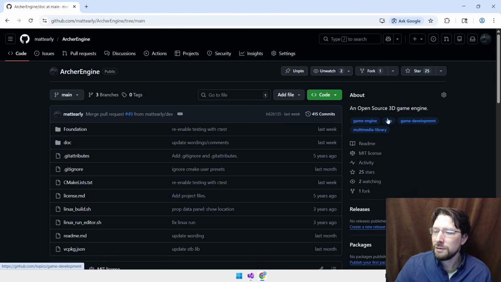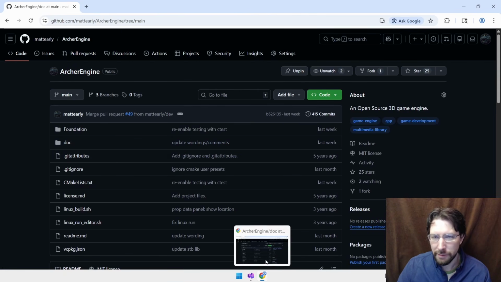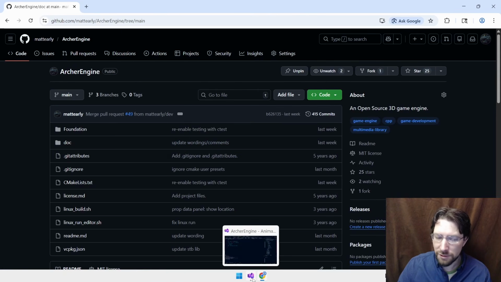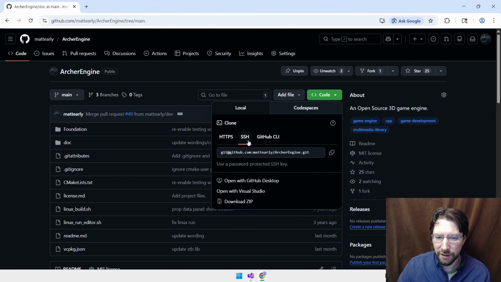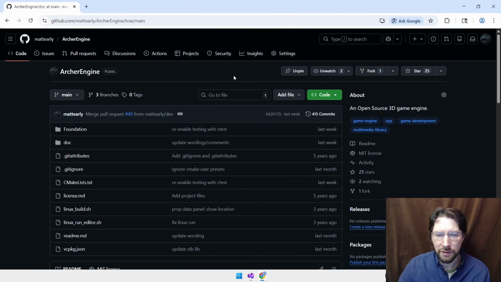But there are some problems with that that don't come up when you're just building this, but they come up when you're trying to make your own project. All right, let's jump into it. So we're going to clone this. All right, I'm not going to go over that either. Clone it, put it in a